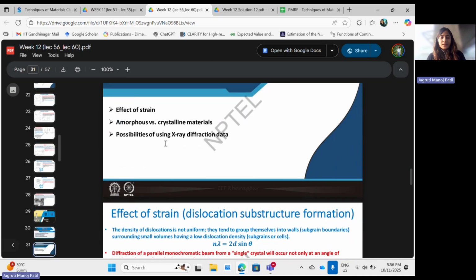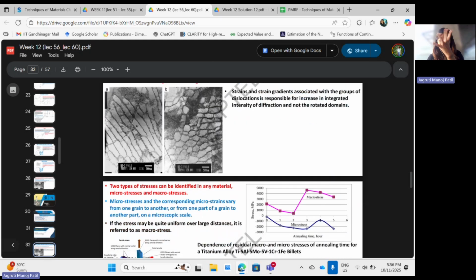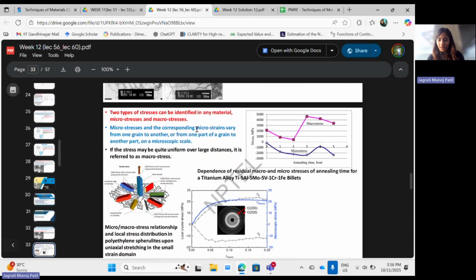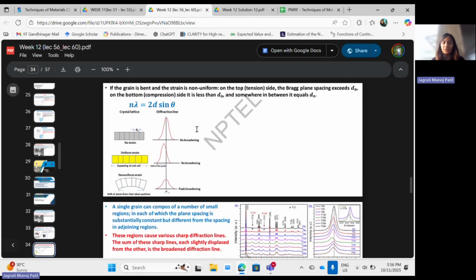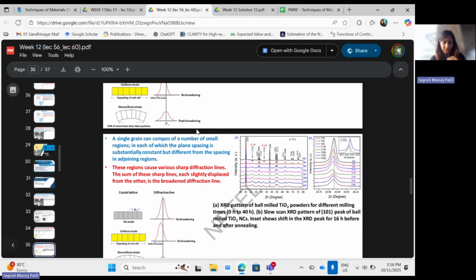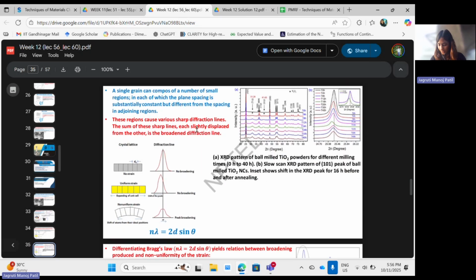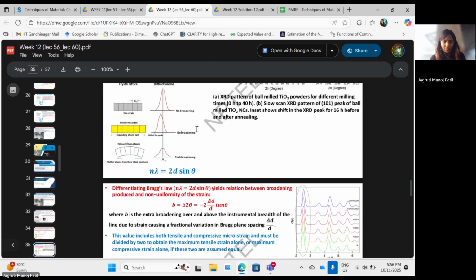And then there's the effect of how amorphous and crystalline structures vary. I guess I don't need to go into these details, and I don't even see anyone joining. So you can just refer to this and let us know in the discussion forum if there are further questions. I'll just scroll through to see if there are some important points that we should discuss.